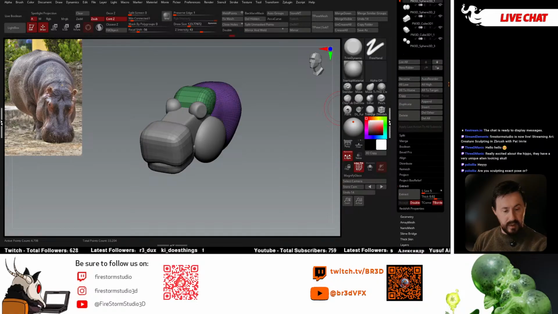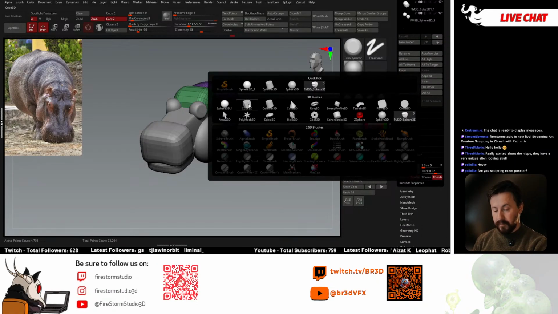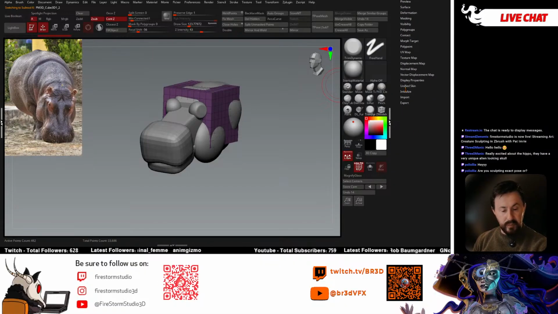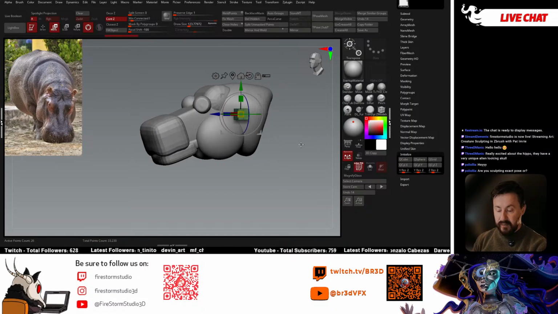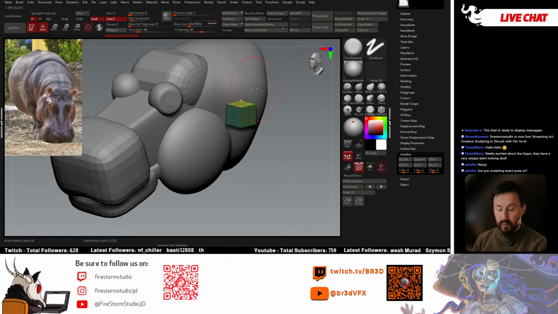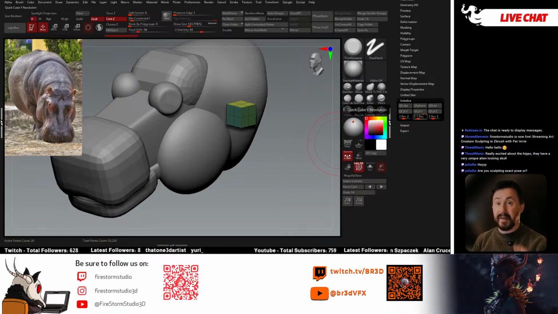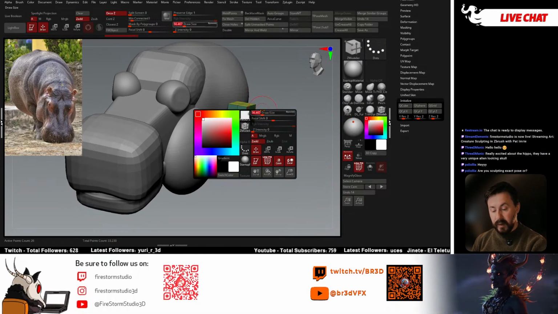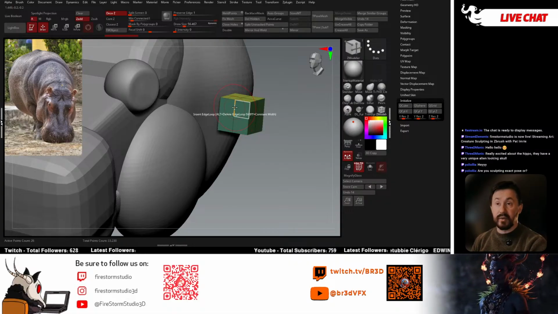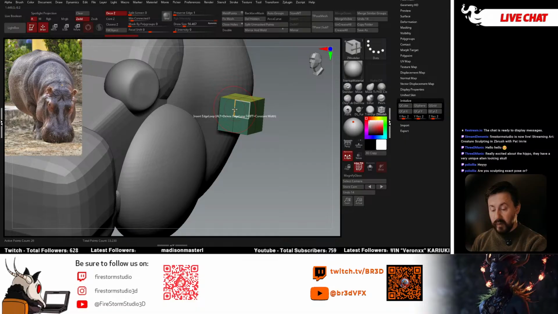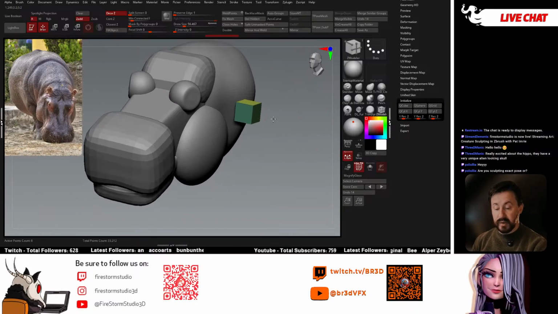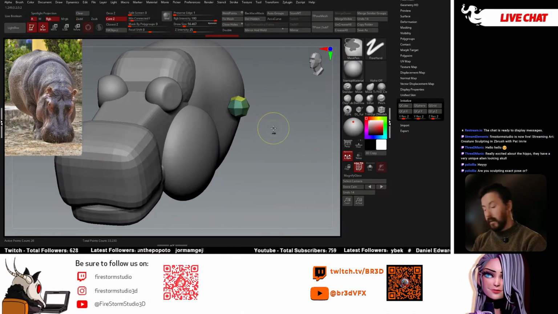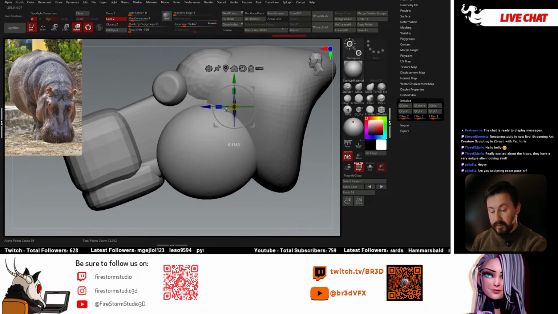So we will, again, append a cube. We will initialize that into a Q cube. And as always, there's really fast ways of doing this. You can use macros and whatnot. I'm just showing you how to do it from scratch, just in case you've never done it before. And when you initialize the Q cube, you can change the resolution, but if you forget to, just go into your ZModeler brush, make sure that you're in insert edge loop mode by holding down space over an edge and choosing insert. That's going to allow you to delete any edge loops using the Alt key. Subdivide that a couple of times, get it looking smooth,